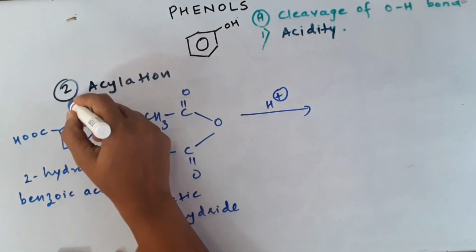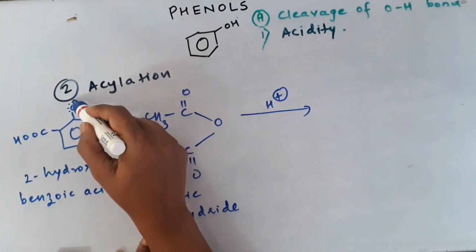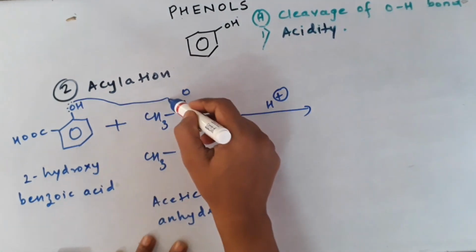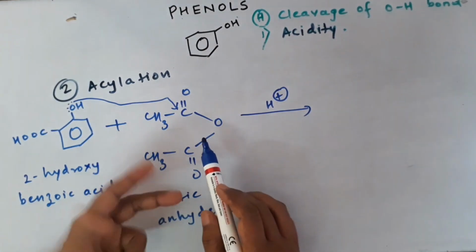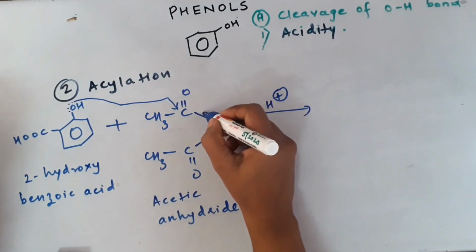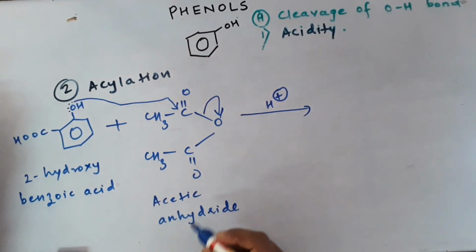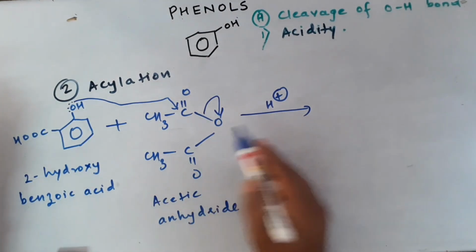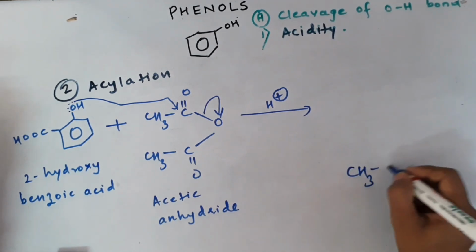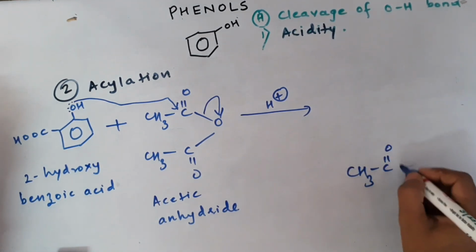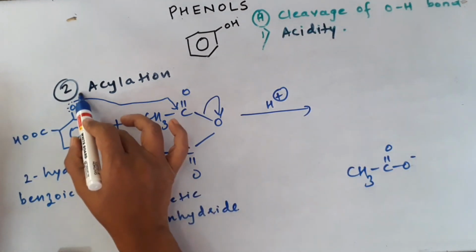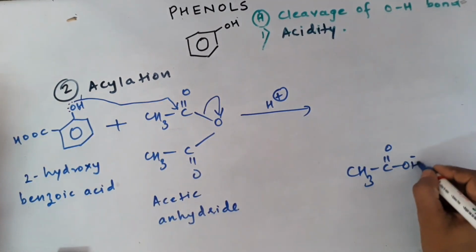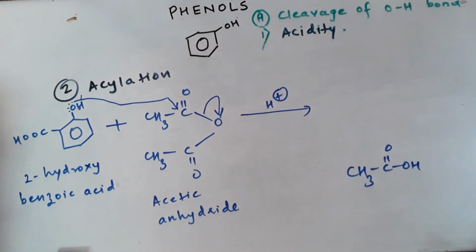Now the same reaction which we discussed, the oxygen is going to attack the carbonyl carbon, for example this one. It can also attack this, both of them are same, so it's the same thing. The leaving group here is going to be CH3 C double bond O, O minus, and the H plus from here is going to come out, so you can write it as H plus and just write it as acid.